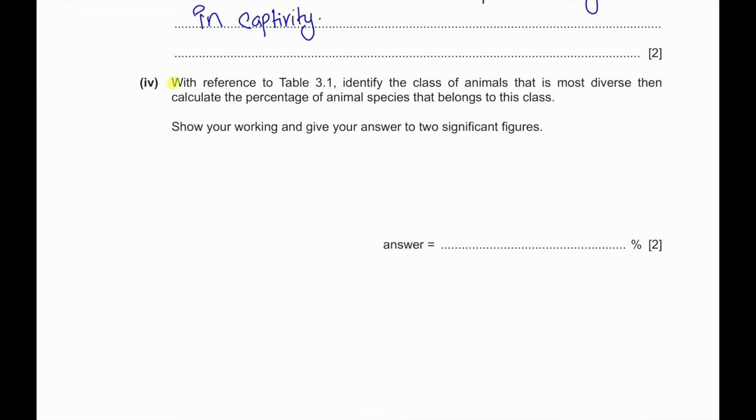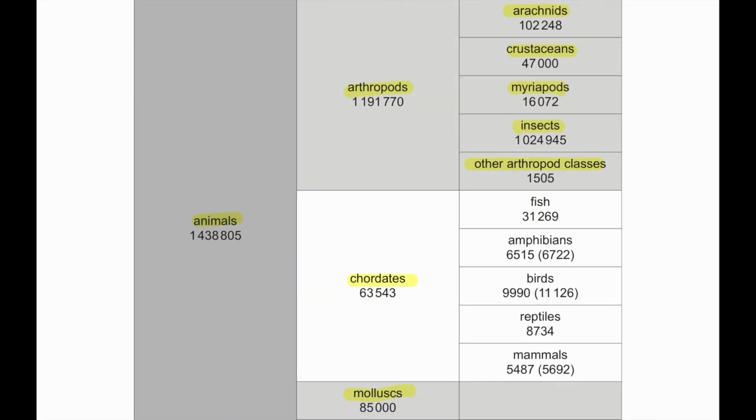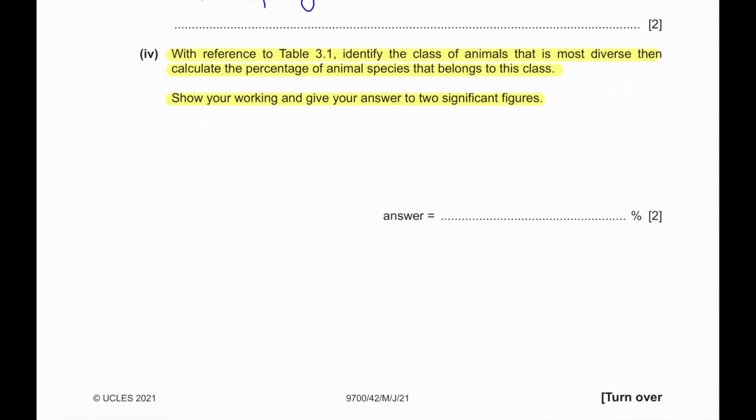With reference to table 3.1, identify the class of animals that is most diverse, then calculate the percentage of animal species that belong to this class. Show your working and give your answer to two significant figures. So basically, the class of organism, I would say definitely, there is almost 1,000,000 insects, as you can see over here. Any other organism does not have such a high number. So we're going to talk about insects,